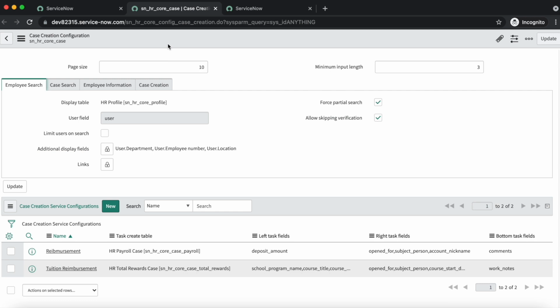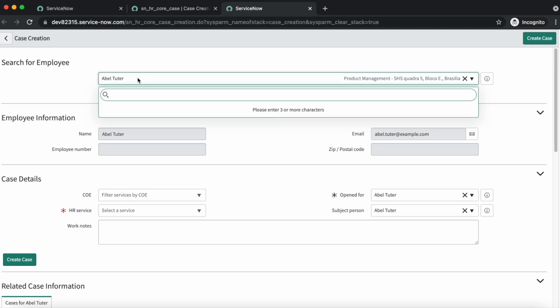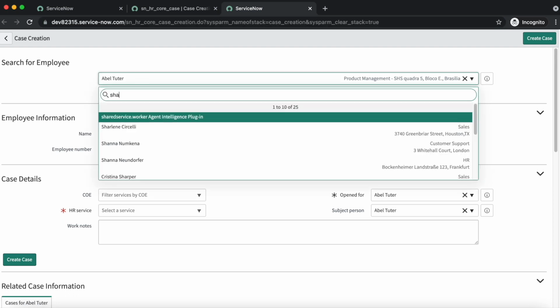So let's start with the first one, that is page size. Page size, you can understand it as how many records you want to display while searching for an employee. If search results are more than the value we have provided in the page size, it will get divided into chunks. For example, I will put SHA.